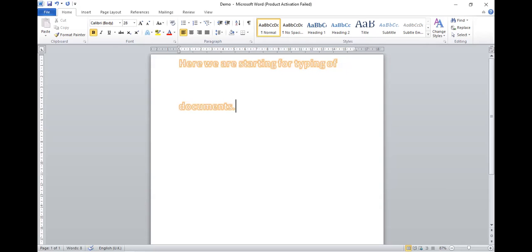Now place the cursor at the point where we want to add the text. For example, if I want to add text here, I will click on the front side. If I want to add the text here, then I will click here. Wherever you click, the mouse pointer will pass the control to that point, at that line number.